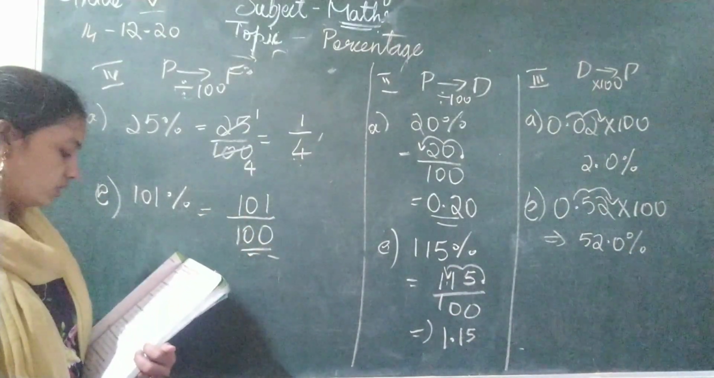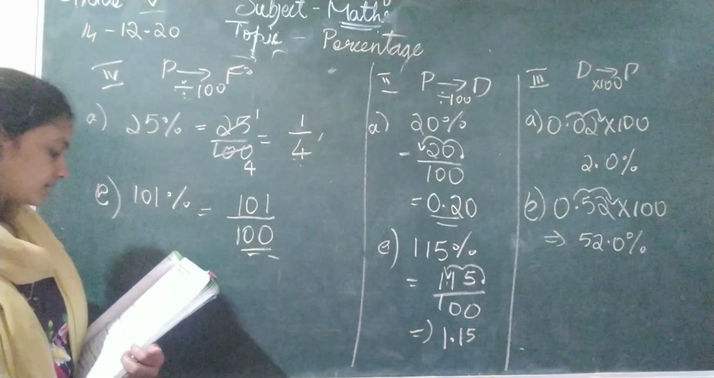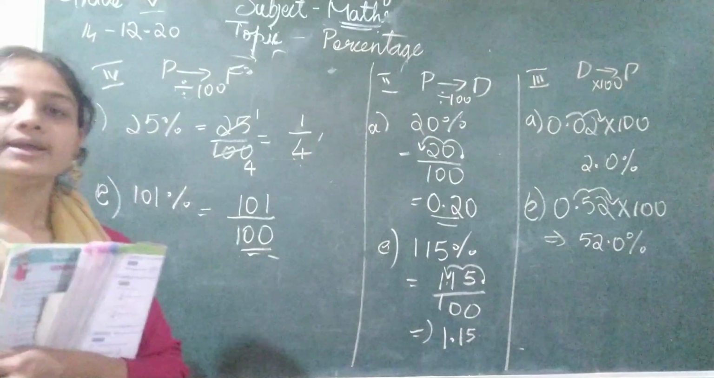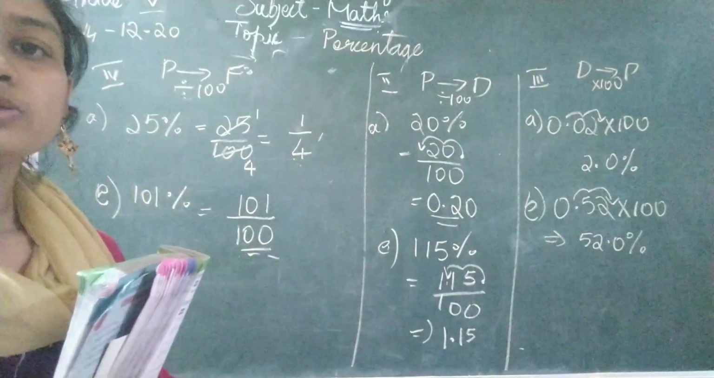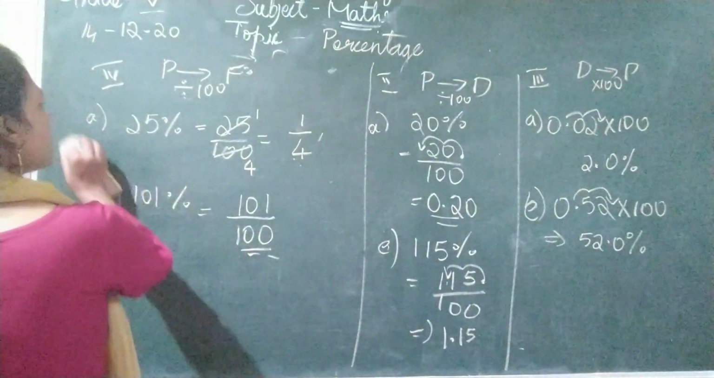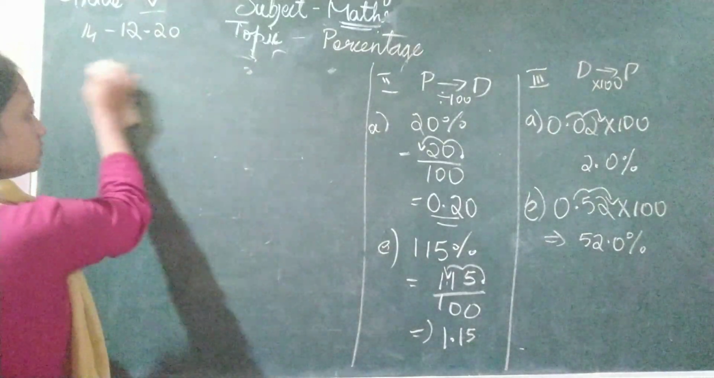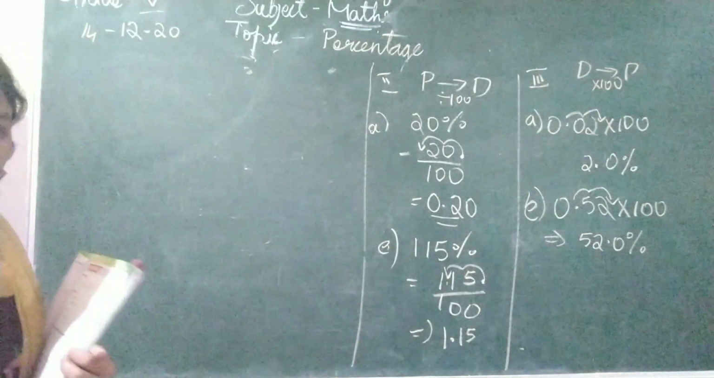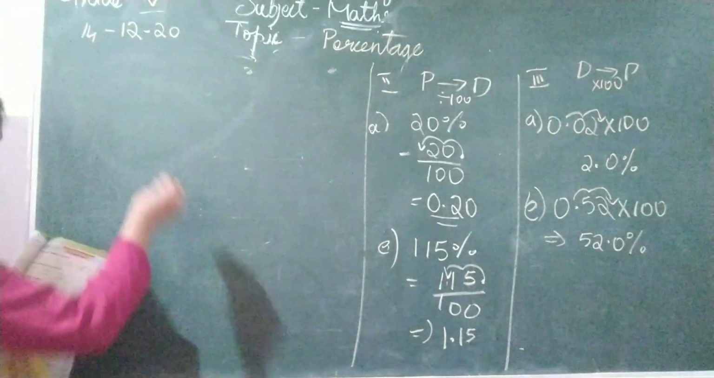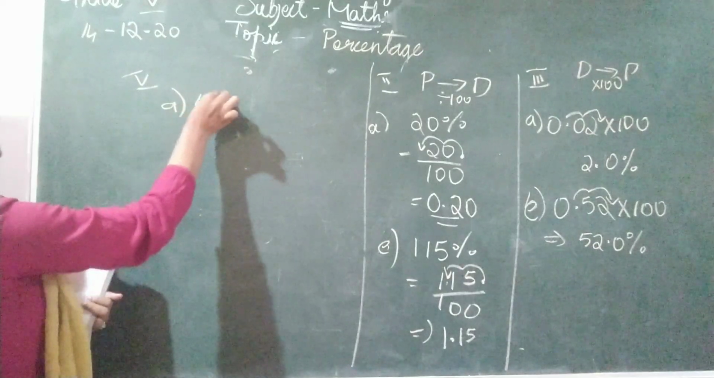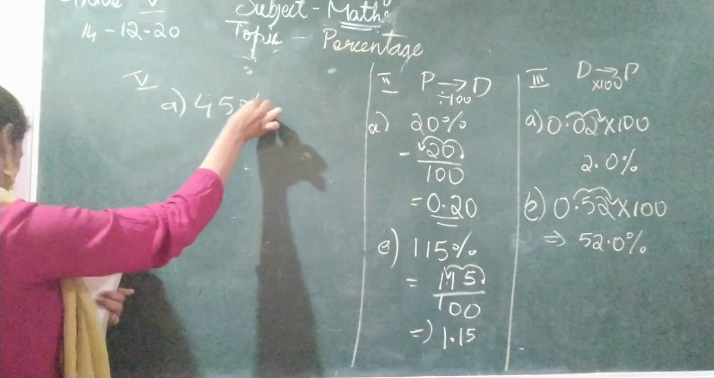Now let's go for the fifth sum, children. In the fifth sum, find the value of the following. It is something new, so let us learn first along with doing the sums. First listen to me and then practice in your book. In the fifth sum, I have 45% of